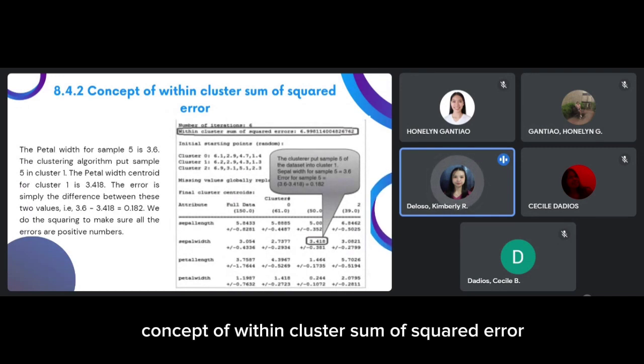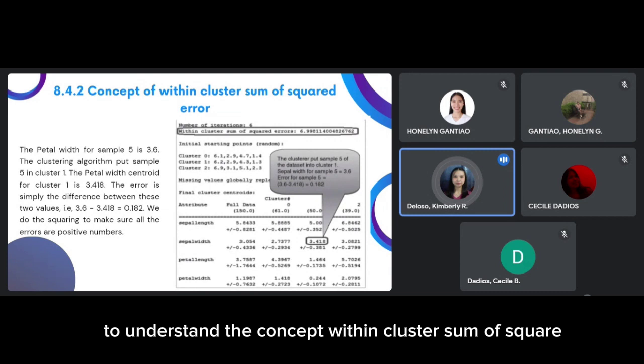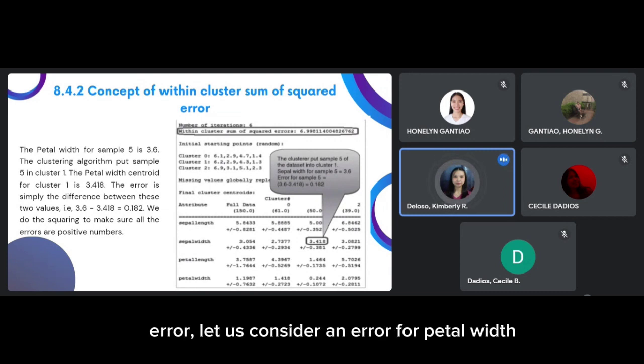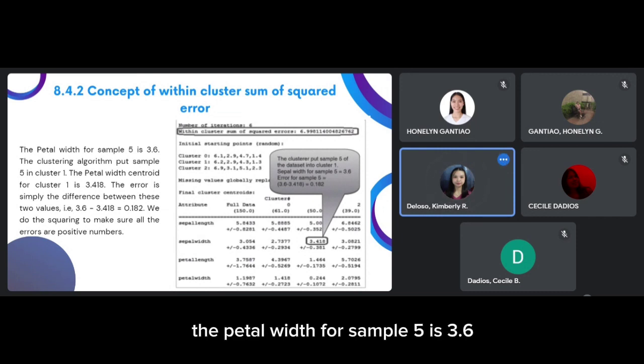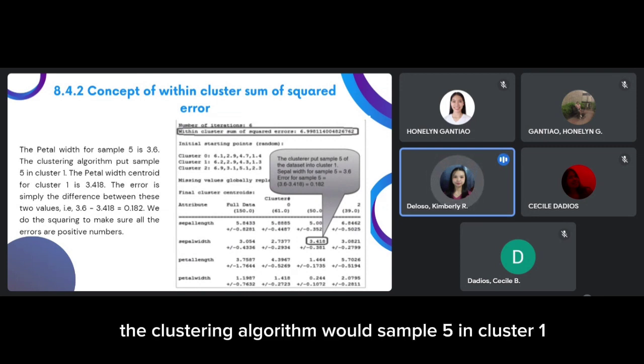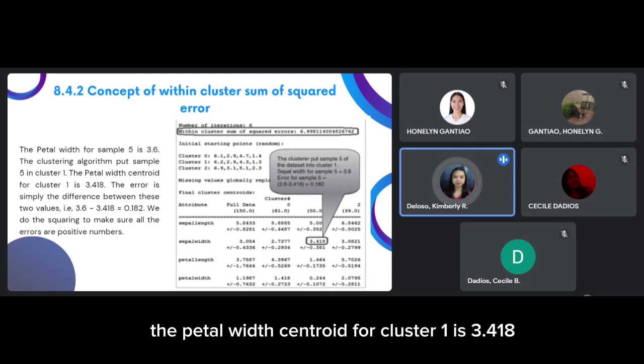Concept of within cluster sum of squared error. Para masabtan ang concept within cluster sum of square error, ato sang i-consider ang error for petal width. The petal width for sample 5 is 3.6. The clustering algorithm puts sample 5 in cluster 1. The petal width centroid for cluster 1 is